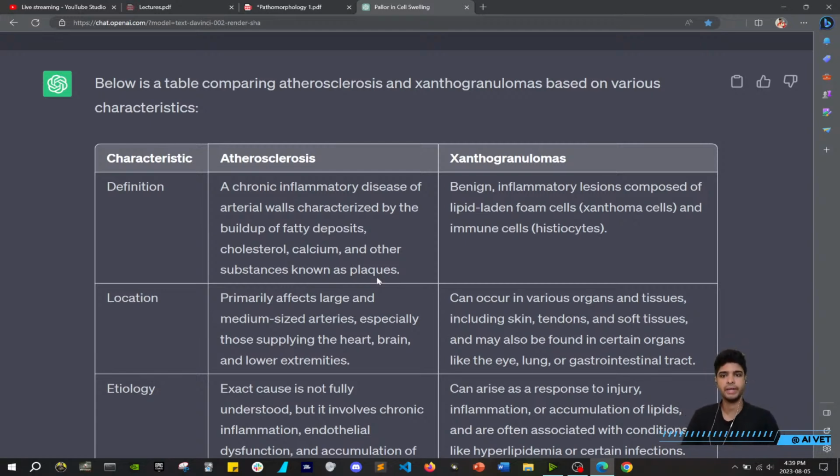So atherosclerosis is a chronic inflammatory disease of the arterial walls. Okay, it can happen anywhere in heart, brain, and the lower extremities, maybe kidney as well, right? What happens is fatty deposits of cholesterol, calcium, and other substances form as plaques. Okay, and then